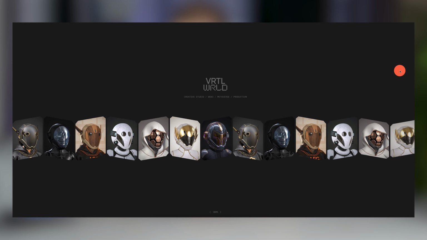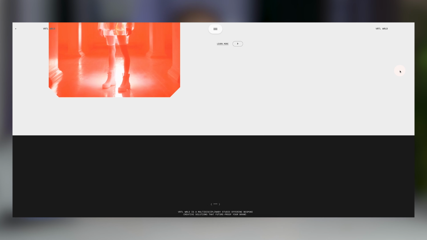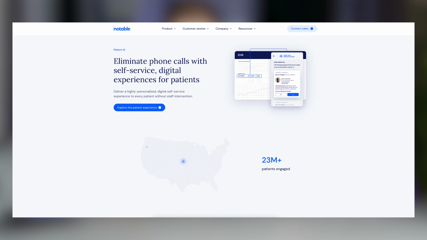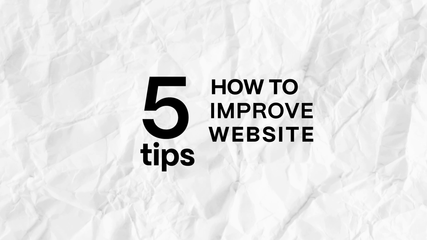Doing web design today has two different approaches. The first one is creating websites which are really visually compelling, that have an incredible user experience, but they're just there to showcase the brand. And then the other one, which we're focused on at our own studio, is creating websites that drive conversions and which are a core asset to the business sales operations. And that's why in this video, I'll be showcasing 5 tips on how you can improve your website conversions on